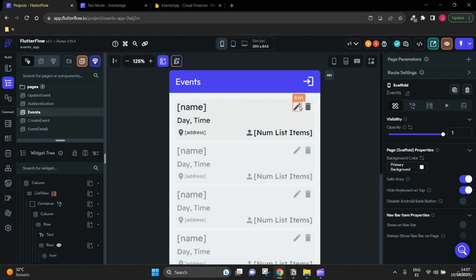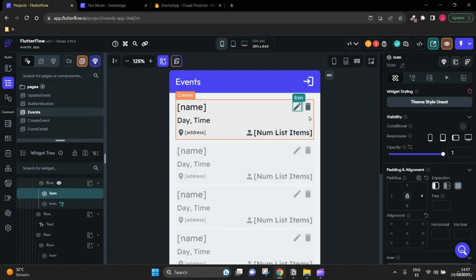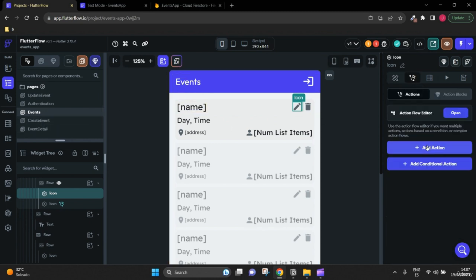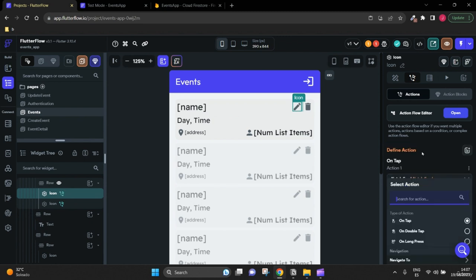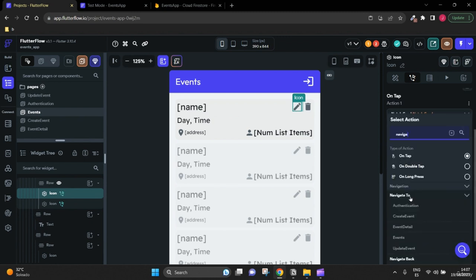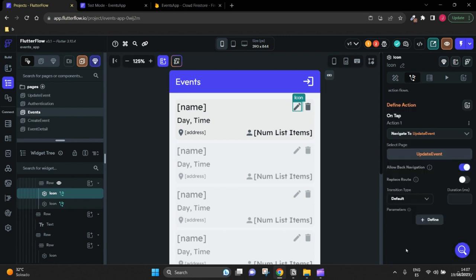So when we click this button, we're gonna navigate. So let's click on this icon and let's set this. We're gonna navigate to the event detail page. Okay, so let's go ahead and set it. So let's set an action for this button. We're gonna navigate to the update event. Okay, so when the user clicks on this button, they're gonna navigate to the update event,